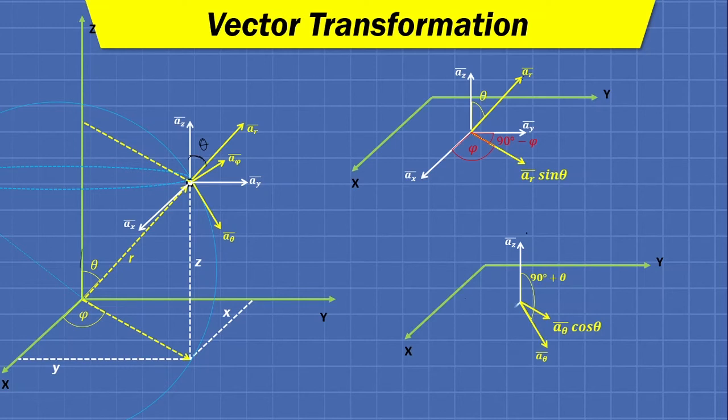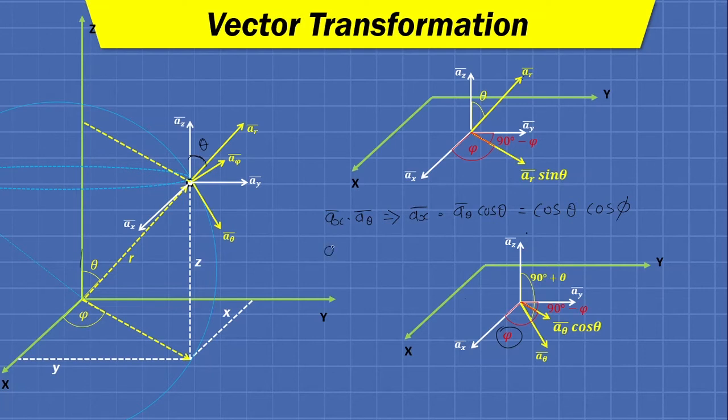These are the directions of x and y respectively. This angle is phi, this angle is 90 minus phi. Again doing the same practice, ax bar dot a theta bar cannot be calculated directly, so we take the projection of a theta bar on the xy plane. That projection is nothing but a theta cos theta. Now performing this dot product, we will have cos theta into cos of the angle between ax and a theta cos theta, which is phi, so cos theta cos phi will be the answer.